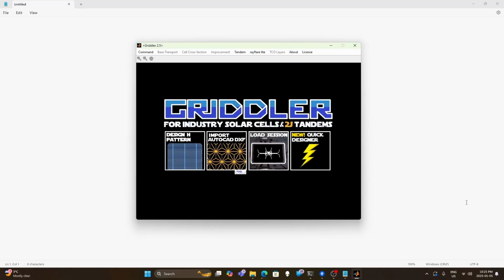Today we're going to do a little demo of using the new RayFlare optical simulation integrated into Griddler and Griddler IBC to investigate the influence of wafer thickness on the solar cell performance and IV parameters. So let's get started. First, I'm going to use Griddler to quickly define a front junction device using this quick